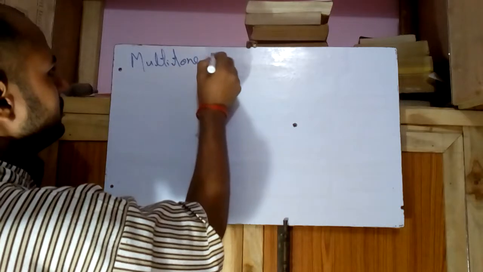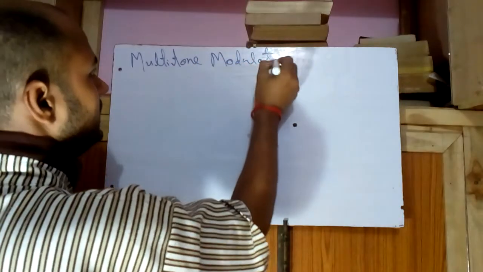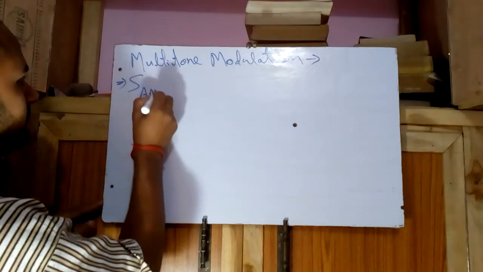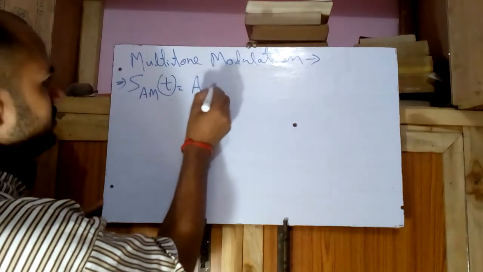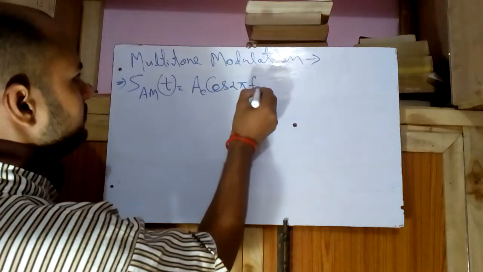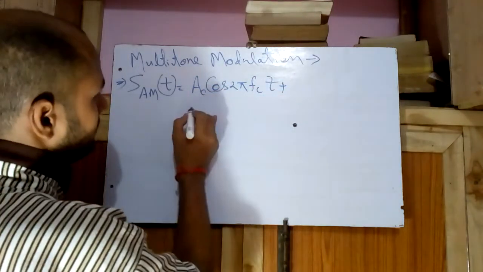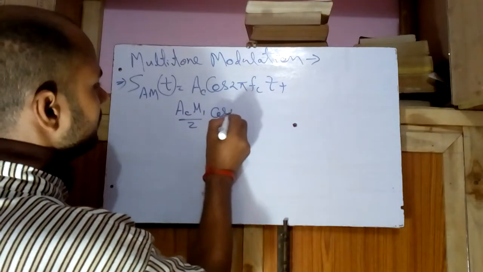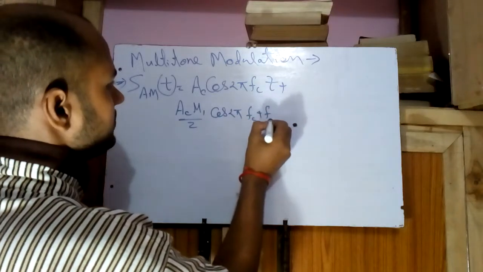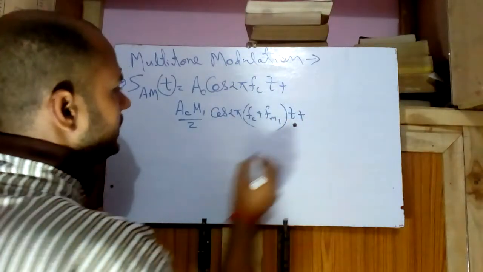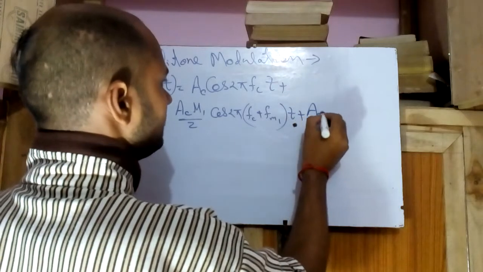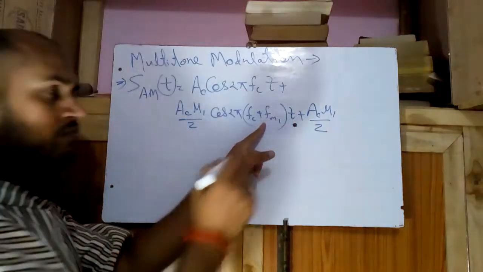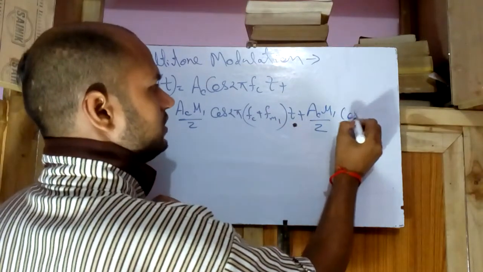Multitone modulation. We need the power formula. So the general expression was Ac cos 2 pi fc t plus, I am writing here, Ac mu1 by 2 cos 2 pi (fc plus fm1) t. We took two frequencies fm1 and fm2, that is, this is USB, fc plus fm1, and this is cos 2